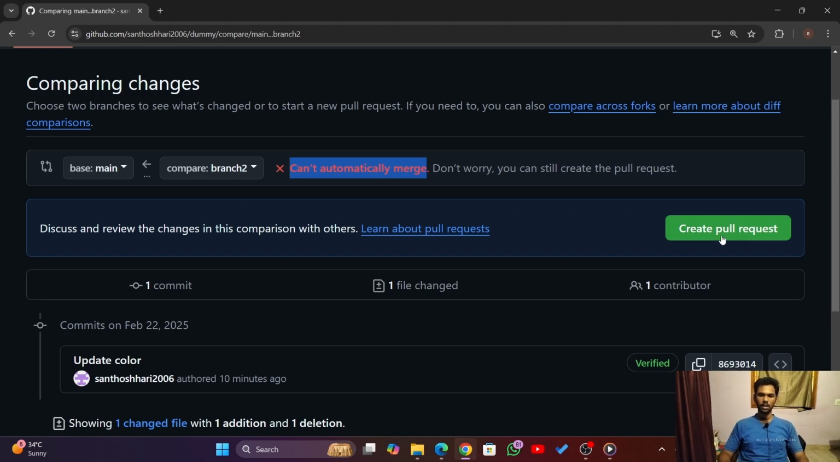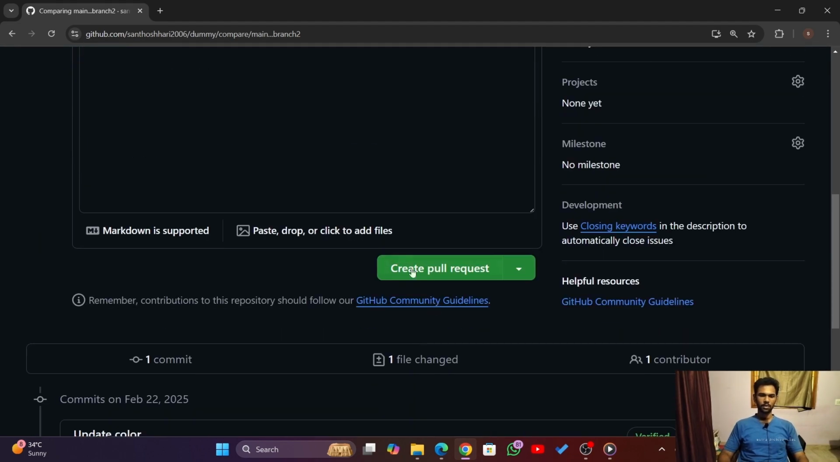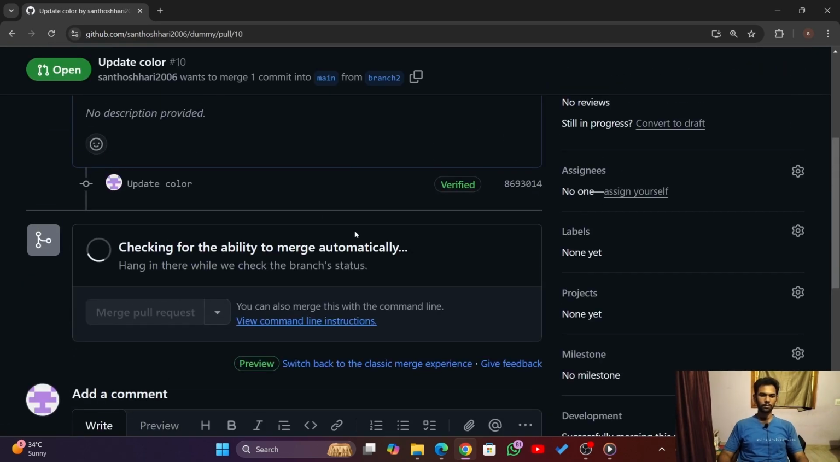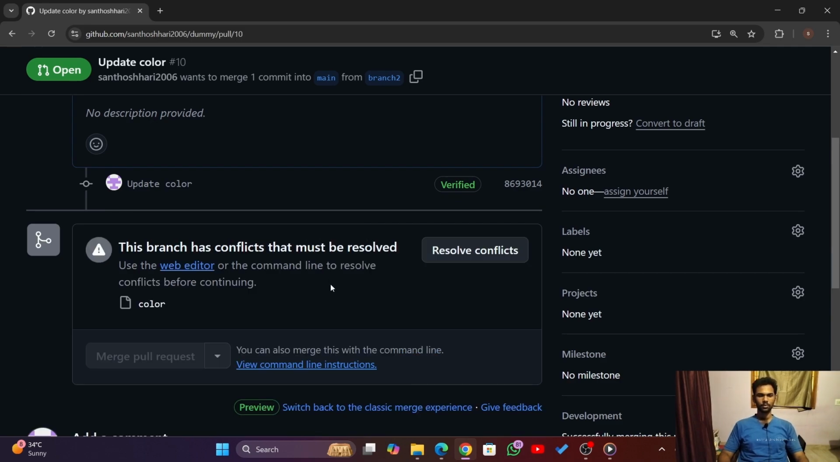Let's try to create a pull request here. Again, create a pull request, and this will result in the merge conflict here. Now this one is showing this branch has conflicts that must be resolved. So click the resolve conflicts here,